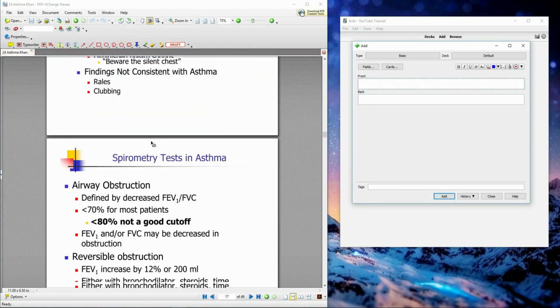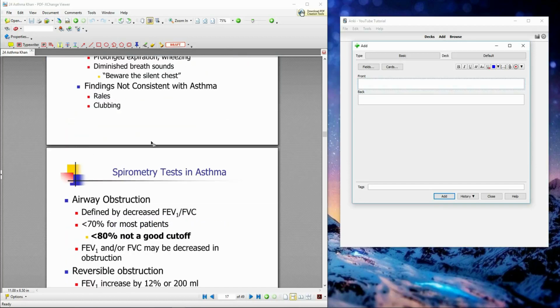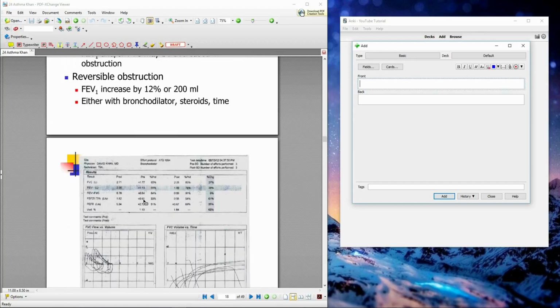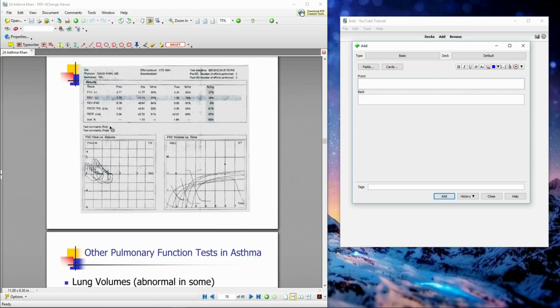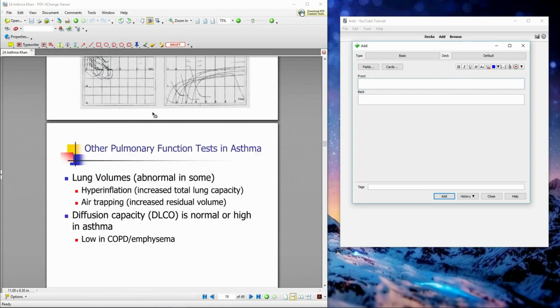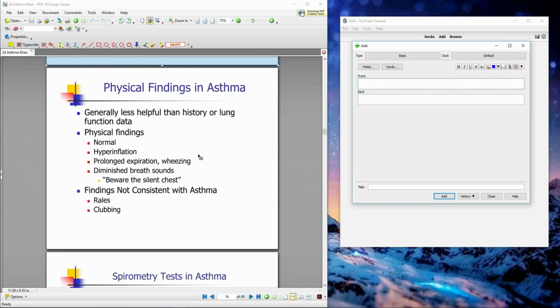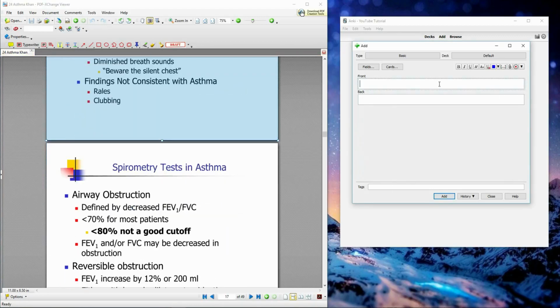Here are some physical findings. It talks about spirometry, gives you this detailed example, looks like a PFT, whether you can see it or not. So you can question whether you want to add that to your slides or not. So we're just going to say physical exams of asthma, and I'll make this one slide, and then I'll talk about the spirometry test